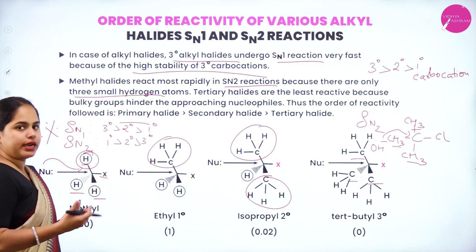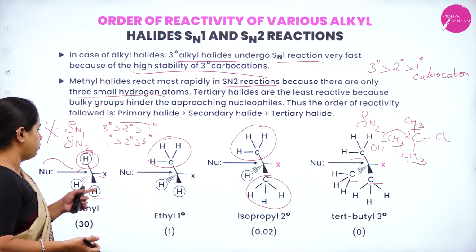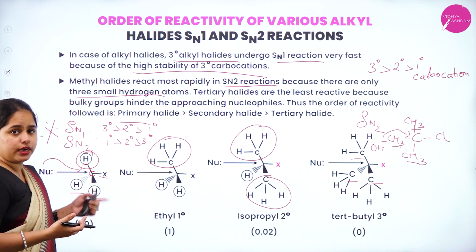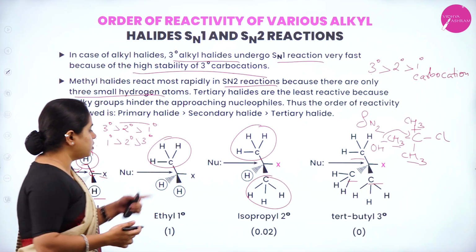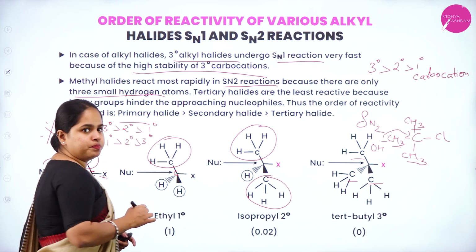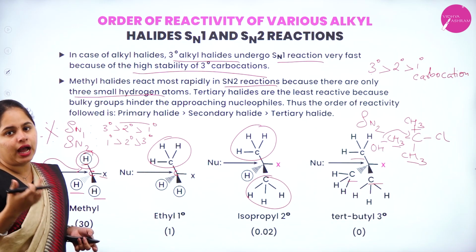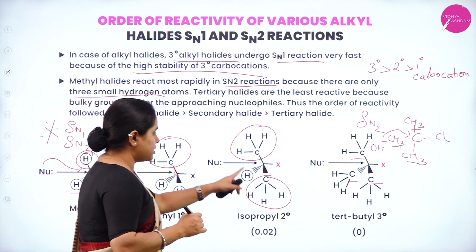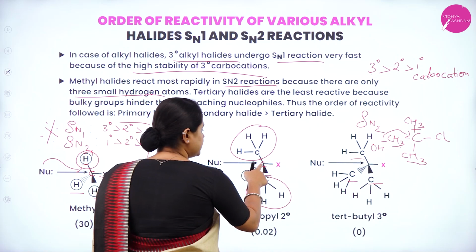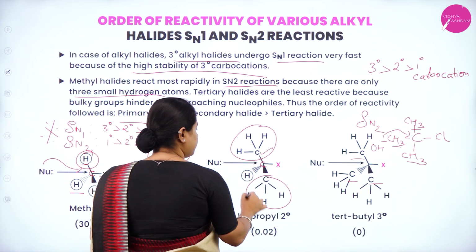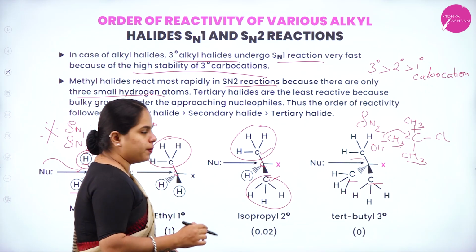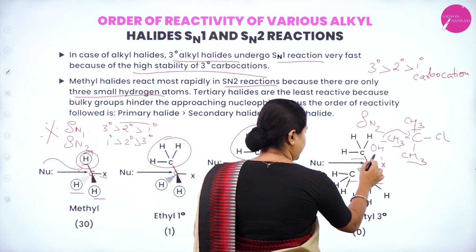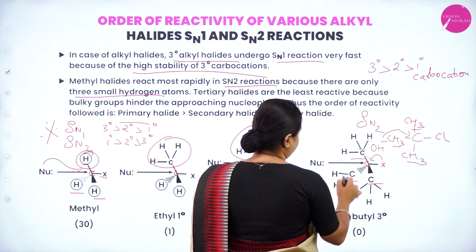So, what exactly is primary? This is an example of primary because this particular carbon atom is not further attached to any other carbon atom. Here also it is a primary carbon. So, this is also a primary alkyl halide. Why? It is only further attached to one carbon atom. Now, this is a secondary alkyl halide because this carbon atom is attached to this carbon atom as well as this carbon atom. Now, this one is tertiary because the carbon atom which is attached to the halogen is attached to 1, 2, 3